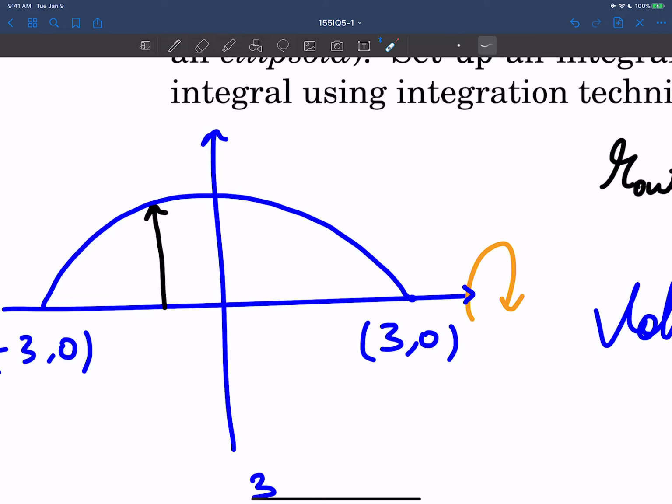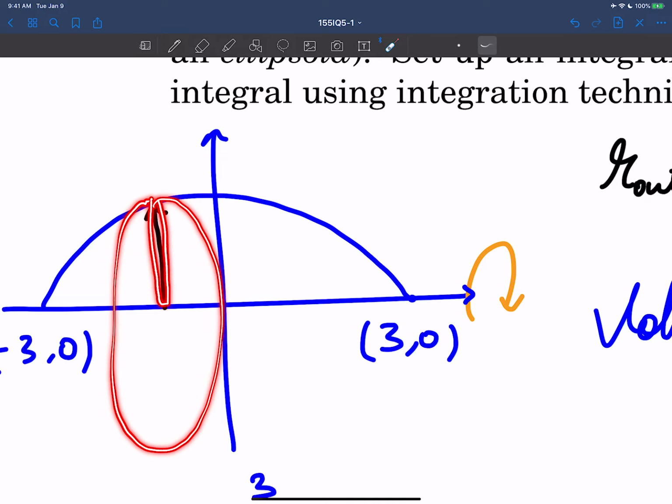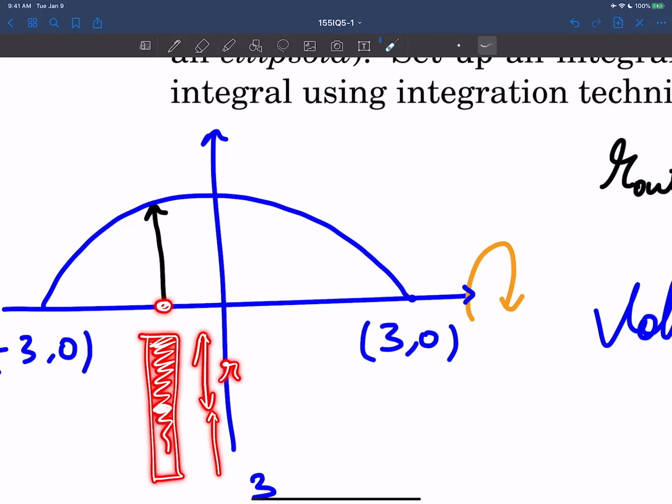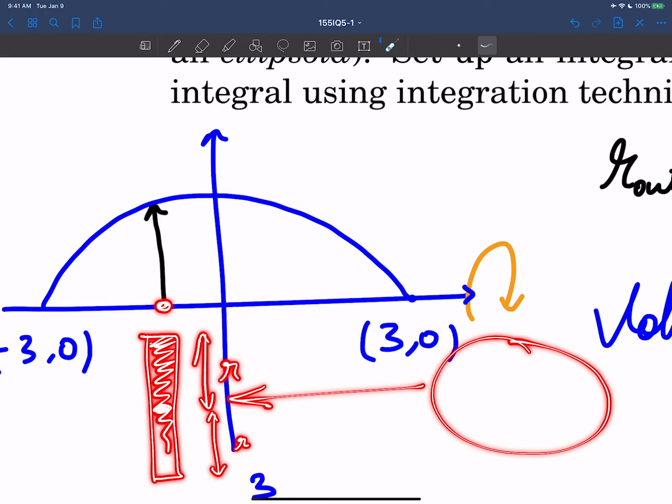What we want to model this as is a disk. So if you rotate this cross section around here, then you're going to end up with a disk. Of course you can't see it right now when you rotate it like this, but if you were to look at it sideways, you're going to have a disk with some thickness here, which is going to have a center point like this. This is the measurement of the radius. This is another radius,